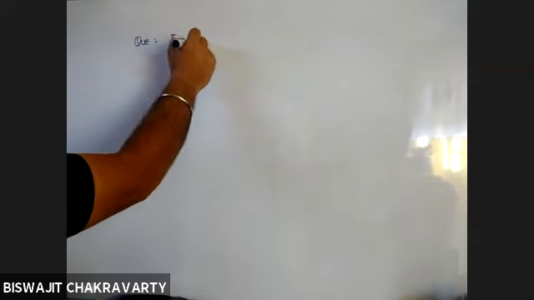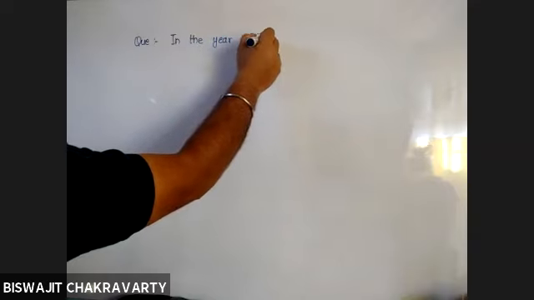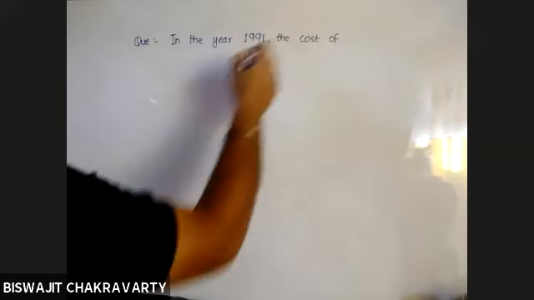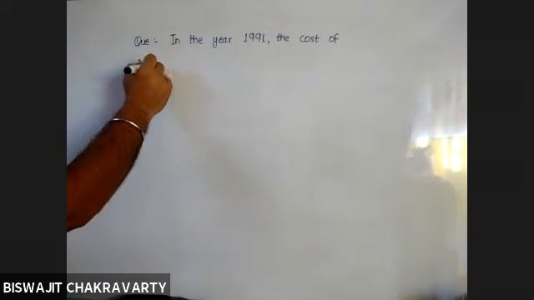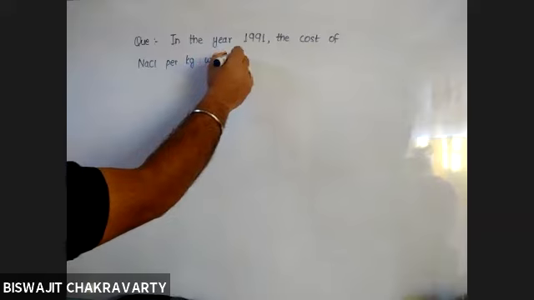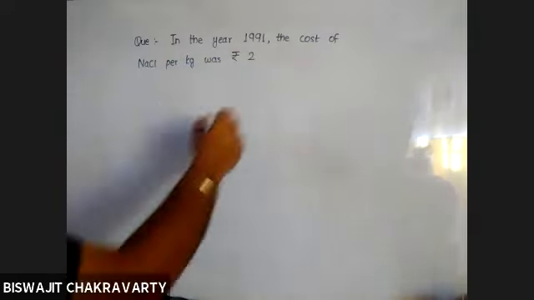Okay, let us move on to the next question. In the year 1991, the cost of sodium chloride per kg was rupees 2, and